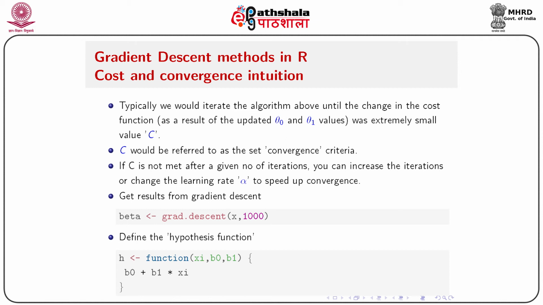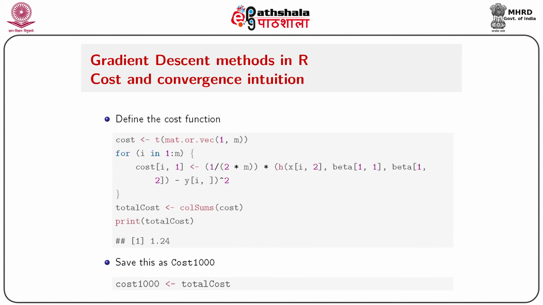Get results from gradient descent. Say beta equals grad.descent(x, 1000), and define the hypothesis function called h, function of theta, xi, with beta naught and beta 1. Then it will give you the hypothesis function. It will return the actual predicted y, so beta naught plus beta 1 into xi, and then define the cost function